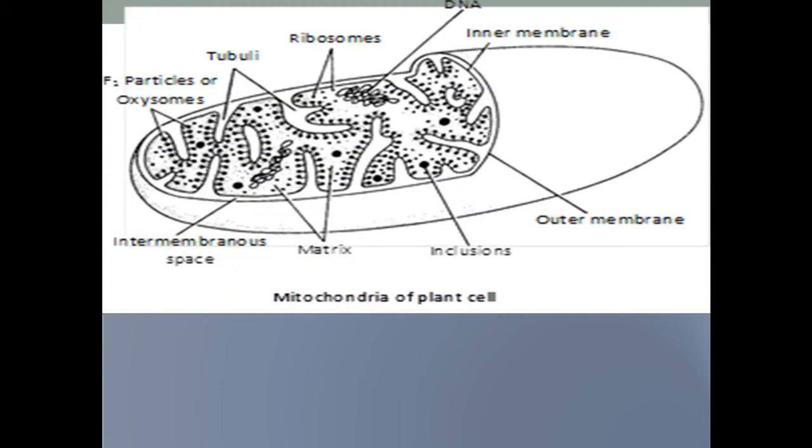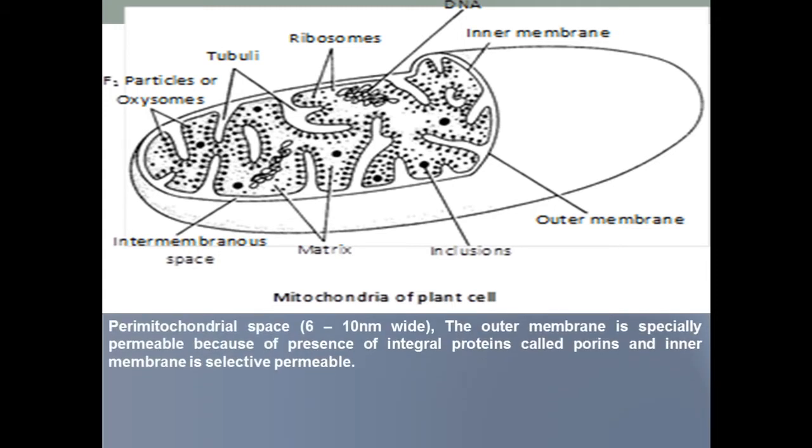Now we will see the structure of mitochondria in detail. These notes and pictures I have taken from different websites and mainly from the CBSE NCERT book of biology. Here you can see very clearly a hollow sac-like structure. This is the outer membrane and this one is the inner membrane, which has foldings. The inner membrane has foldings.